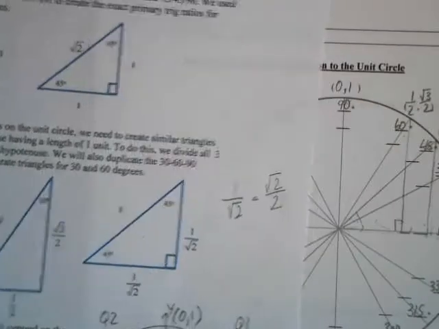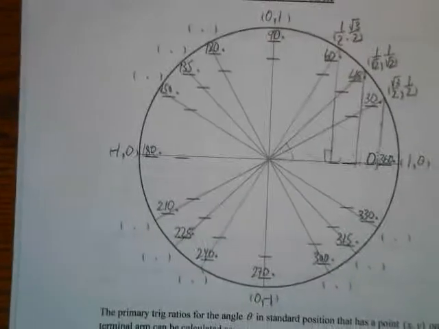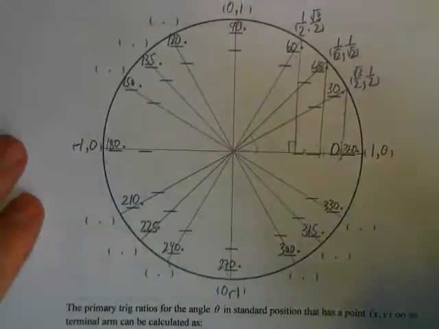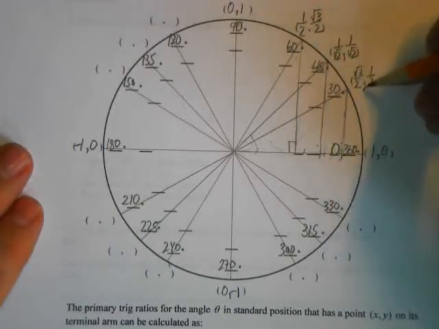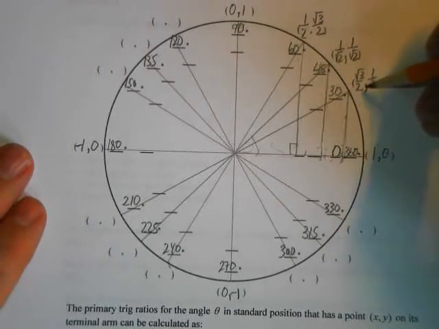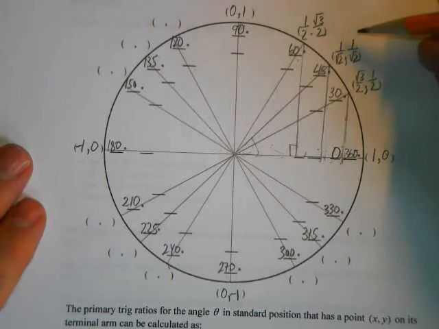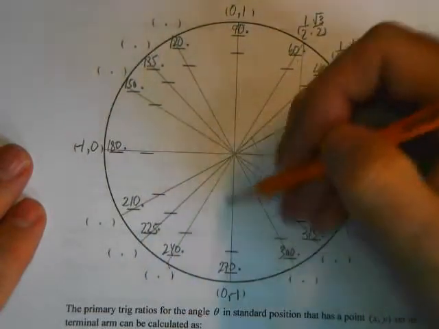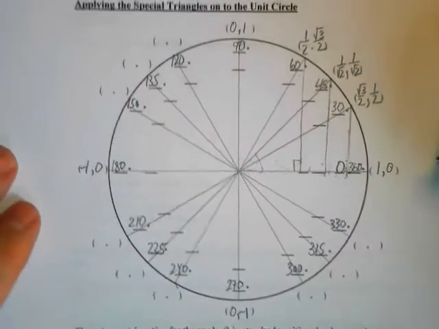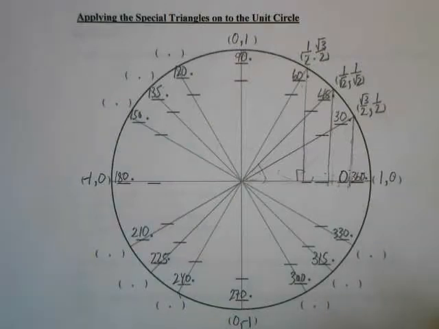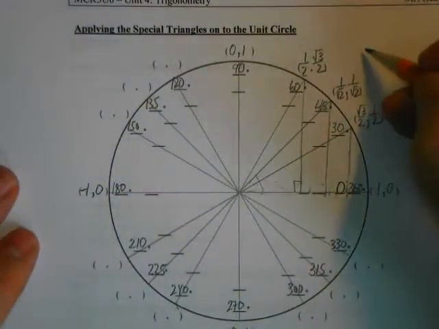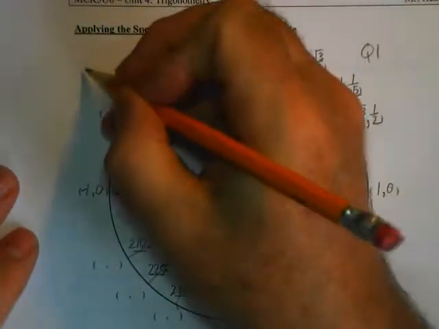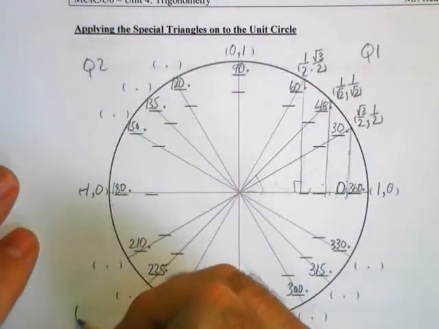Great. Okay, so I've used all three of those triangles, and I've completed all three sets of these coordinates here. So does that mean I've got to do this all over again over here and over here and over here? No, we're going to use symmetry now to complete the rest of the unit circle. So remember this is quadrant 1, this is quadrant 2, quadrant 3,